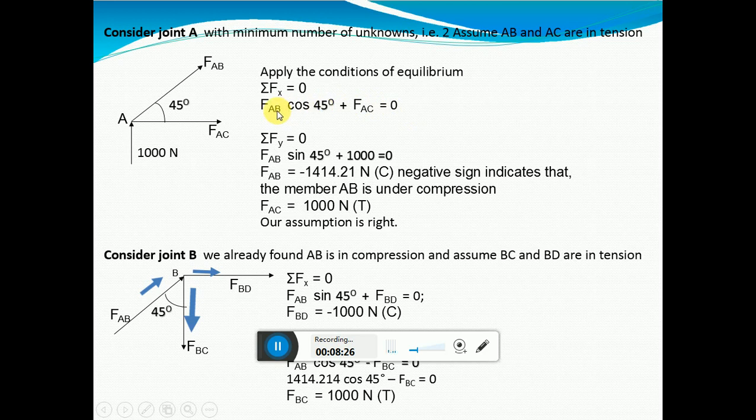Okay. Both are unknown over here. Apply the second condition of equilibrium. Summation Fy is equal to 0. 1000 moving in the positive y direction. So it is plus 1000. FAB in the y axis, it will become how much? Along x it was cos, along y it will be FAB sin 45 degree is equal to 0. No other force in the vertical direction, which is equal to 0. Therefore FAB is equal to minus